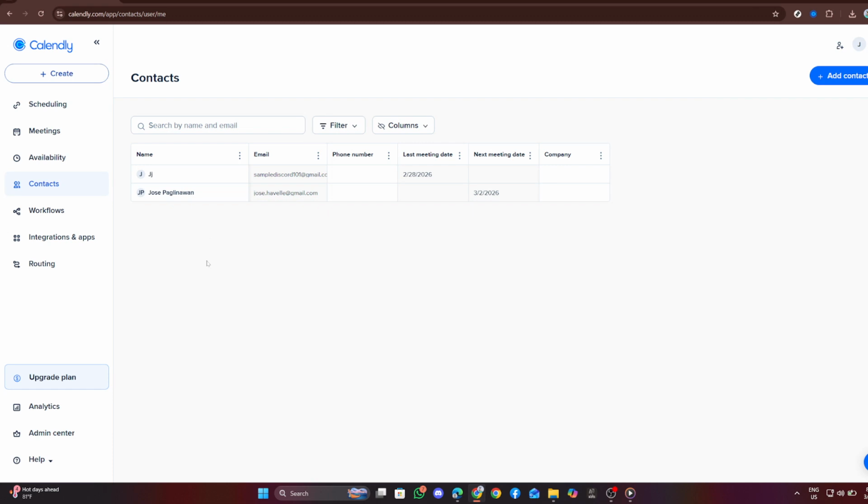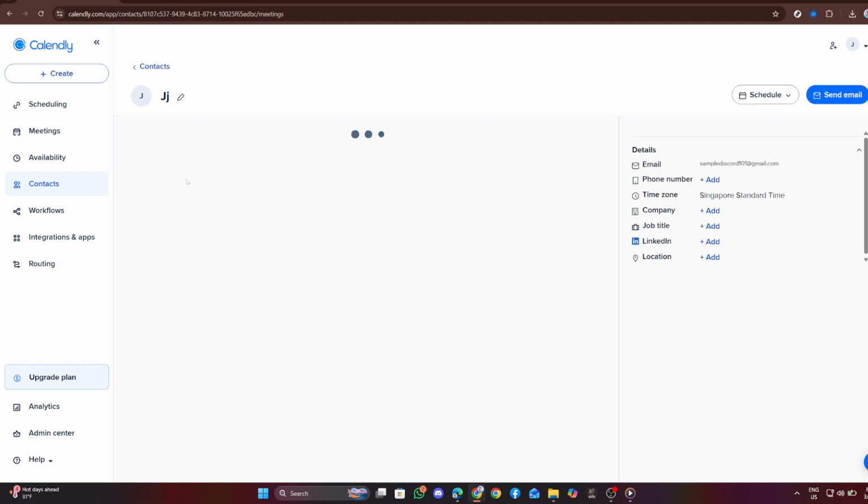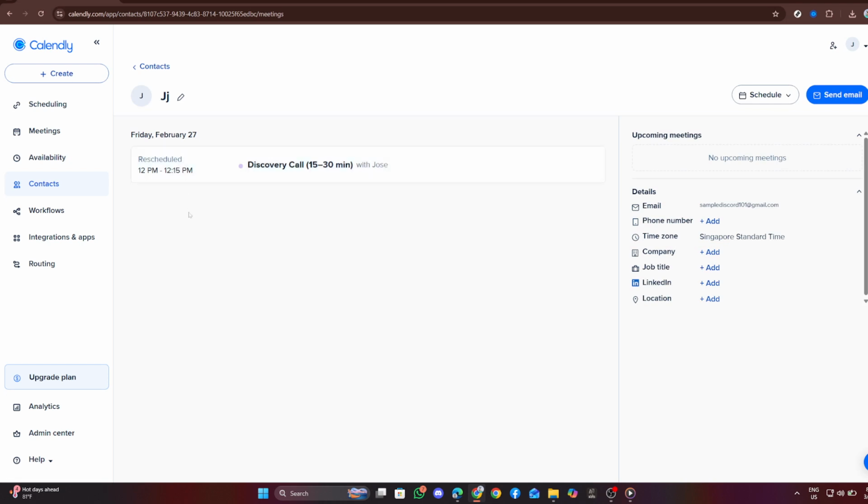Once you're on the contacts page, scroll through the list to locate the specific contact you wish to delete. Click on the name of that contact to open their details. This action will take you to a dedicated page where you can manage information related to that contact, including upcoming